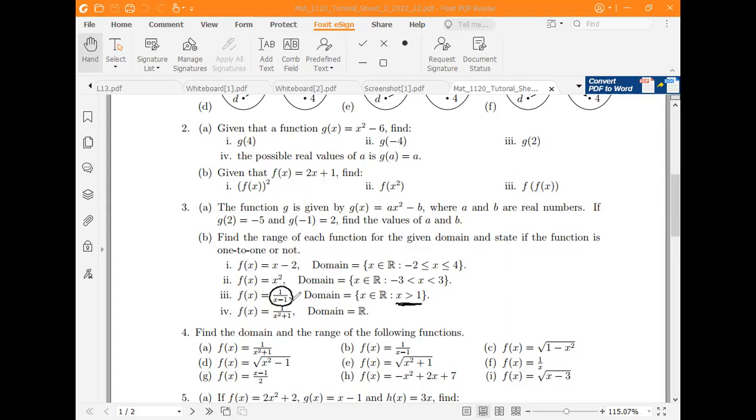When x is bigger than 1, it means that all the values we are going to get for x that we use down there, the denominator, will be larger than 1. Is that true? Not necessarily. So what this means is that